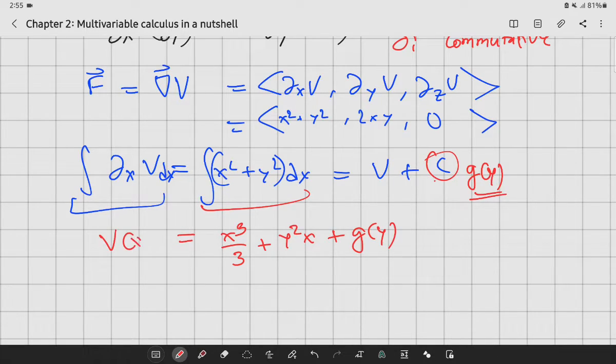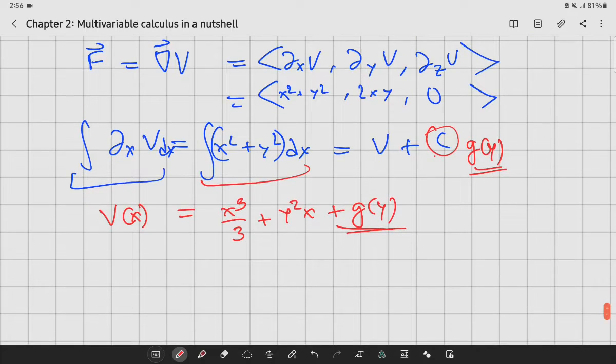This is my v of x. Now, how do I find g of y? Y can be anything, right? G of y can be sine of y, maybe cosine of y. How do I do this? How do I find g of y? I use another one of these equalities, that f is equal to the gradient of v gives me